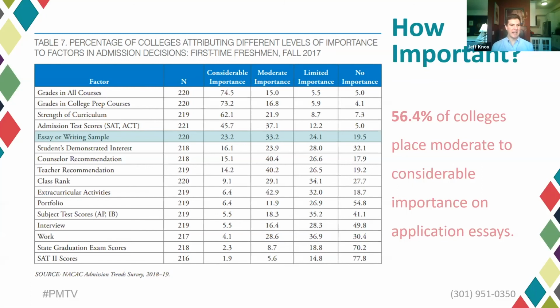And you can see that the essay in the college application process is near the top of this table. I mean, there's not much more that's above it. Grades and scores. The essay is the next thing after that. So it's fair to say that a lot of schools, and in fact it's more than half, place a significant importance on what you write, what you include in your application in terms of your own student writing sample.